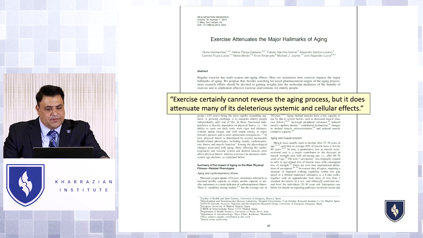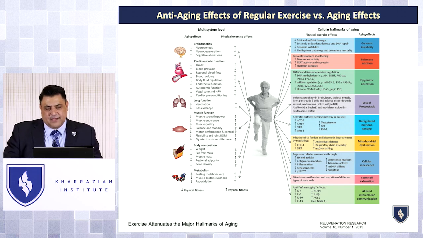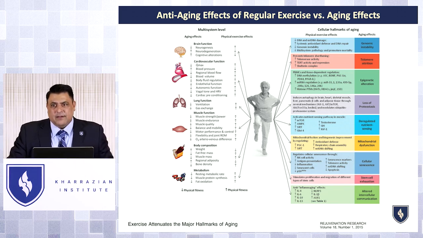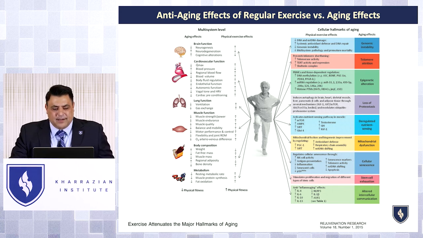So it goes on to say in this paper, exercise attenuates the major hallmarks of aging, and it concludes, exercise certainly cannot reverse the aging process, but it does attenuate many of its serious systemic and cellular effects. So again, once you get some degree of senescence and telomere shortening, it's a problem, and you're just trying to maintain what you have. So the sooner, the better. And if people go 5 years, 10 years without any activity, there's some accelerated aging that they will never get back, right? Any kind of short, moderate movement or activity, even if they're not super fit, does not matter. Even if they get any kind of movement, it really has some long-term protections.